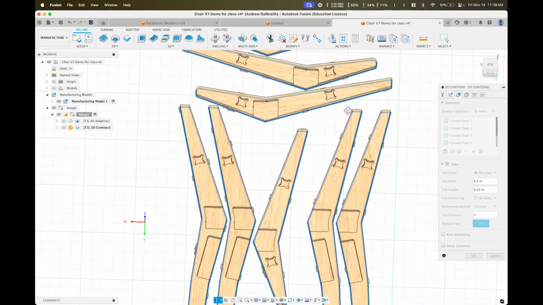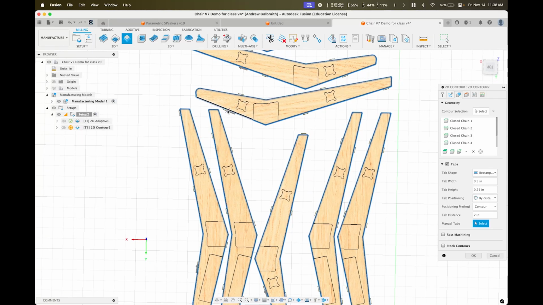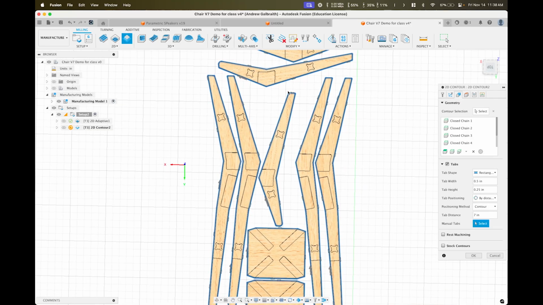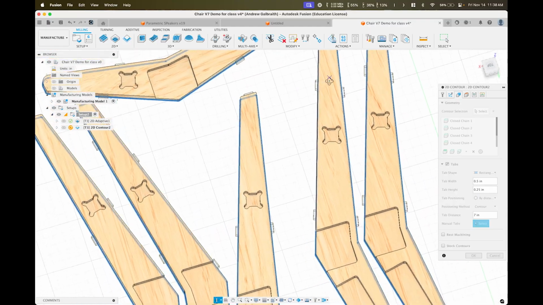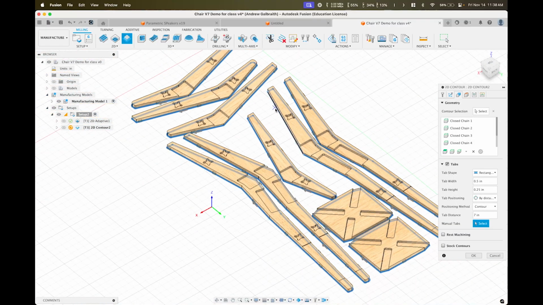And so that gets me close enough, it gets me 1 here, 1 here, 1 here, and then 2 on this side. And I think that's a reasonable spacing for all of these parts where you have enough tabs to hold it in place. Because these are little chunks that won't get machined that'll hold each of your pieces to the rest of your sheet of